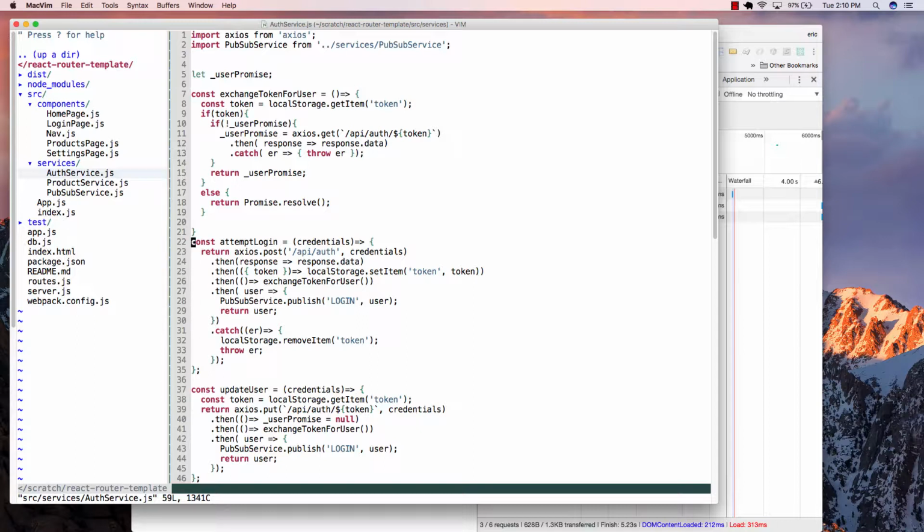We pass in credentials. Okay, again, remember this is a two-part thing. We end up posting. We end up looking for a response. When we end up getting a response, we actually take this token and we end up putting it in local storage. And then what we're going to do is we're going to exchange that token for a user. The exchange token for a user grabs the token. I end up looking if there's a token, and here I'm doing that same lazy loading that I did before with the products, which basically says, hey, look, you know what? I'm going to use this